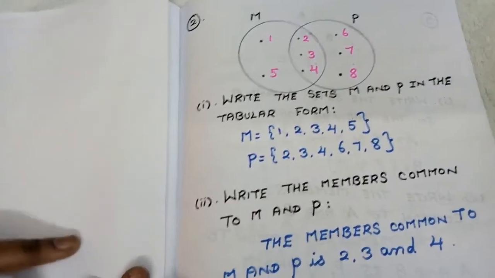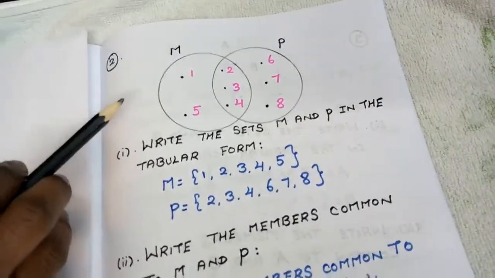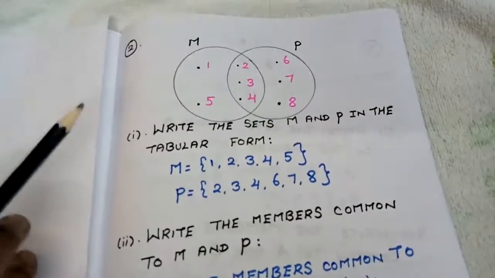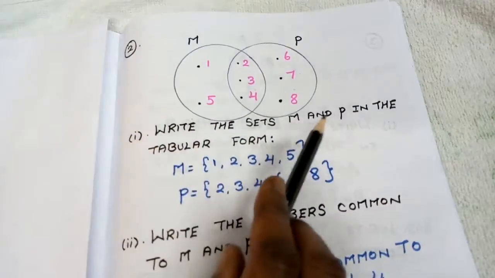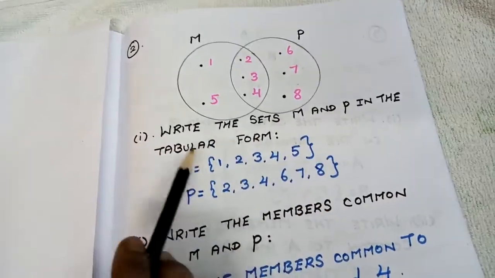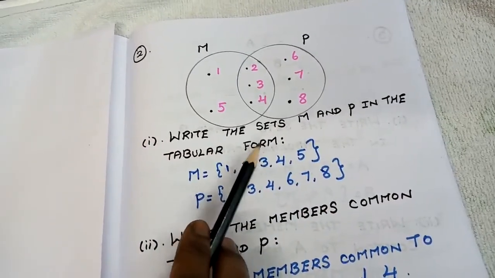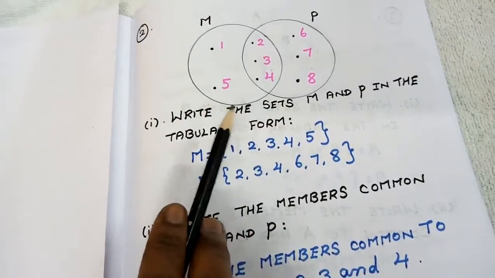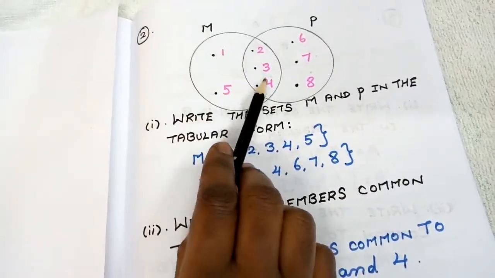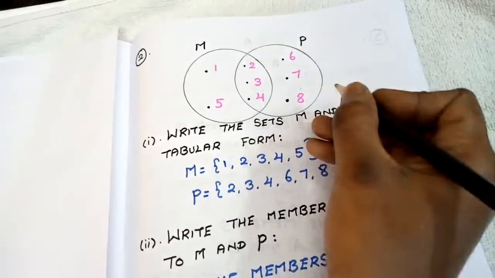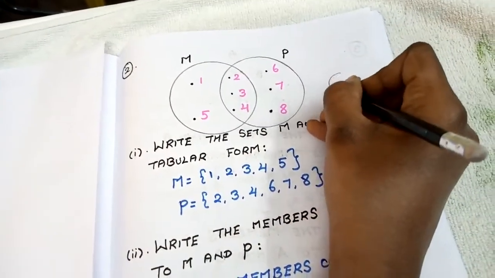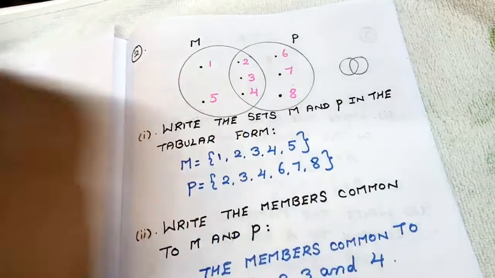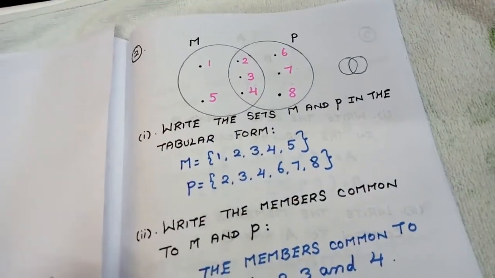If you see the second question, they have also given you the diagram in your question itself. We are going to find the elements here, students. The first question is, write the sets M and P in tabular form. Whenever I am comparing two sets, I will be drawing my figure in this shape. So keep this in your mind. Whenever you are having two circles, you are going to draw a circle like this. The first circle and the second circle will be overlapping. That is, on the first circle itself you will be drawing. Keep it in your mind.